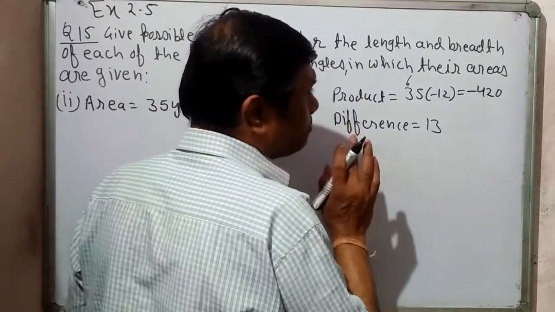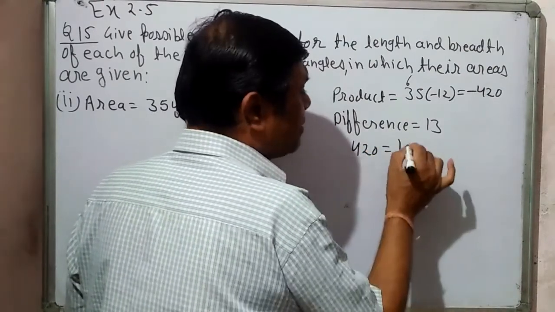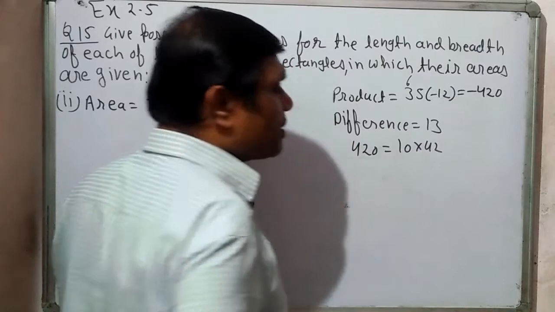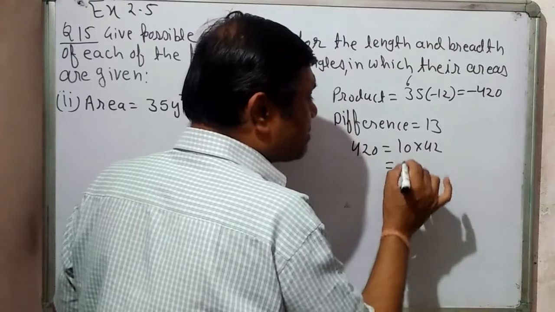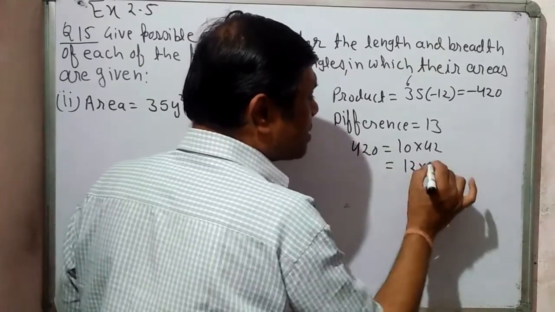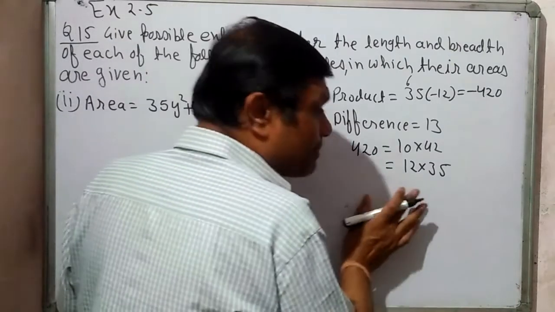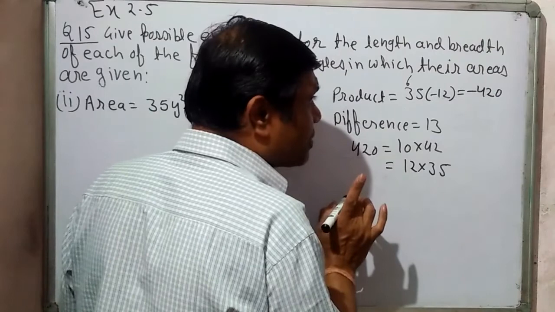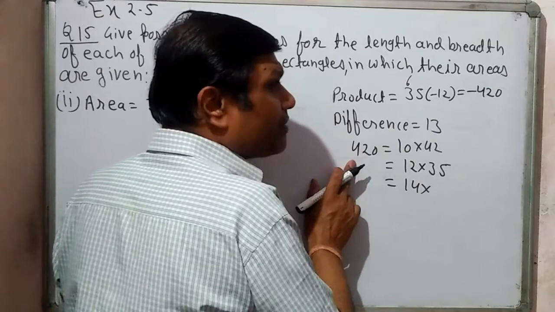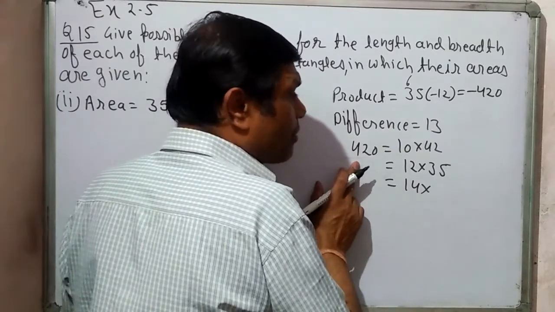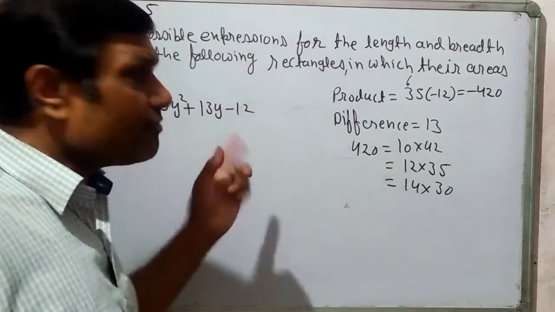Right? Let us see what I will do. I will use the same pattern. I will start with 10. 10 multiplied by 42 is 420. It is not divisible by 11. It is divisible by 12. 12 3s are 36, 12 5s are 60. Is it divisible by 13? No. Is it divisible by 14? Yes. 14 3s are 42. So it is 30. The difference is 16 still. We have to take one more.